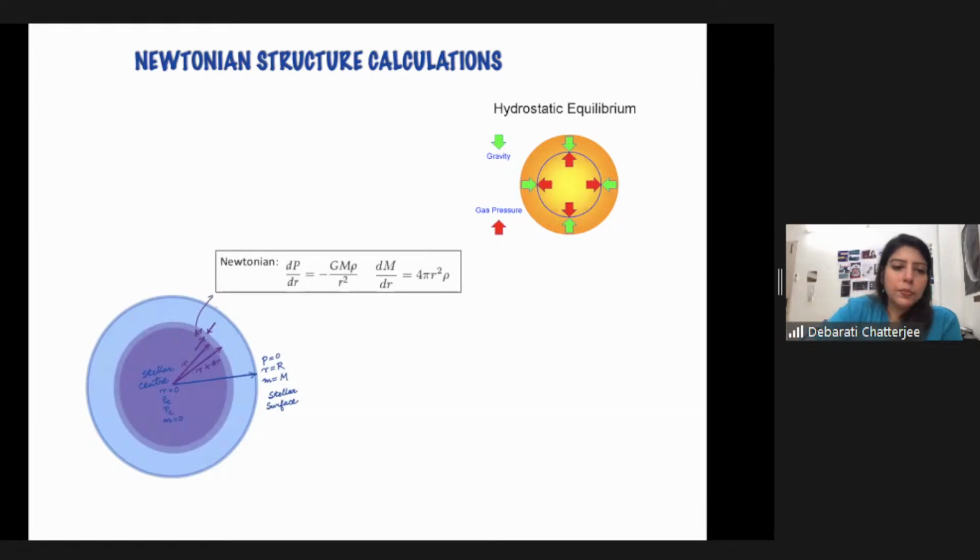I'm not sure what you mean by critical point of change of pressure. This is basically the change of pressure with radius, and this is your change of